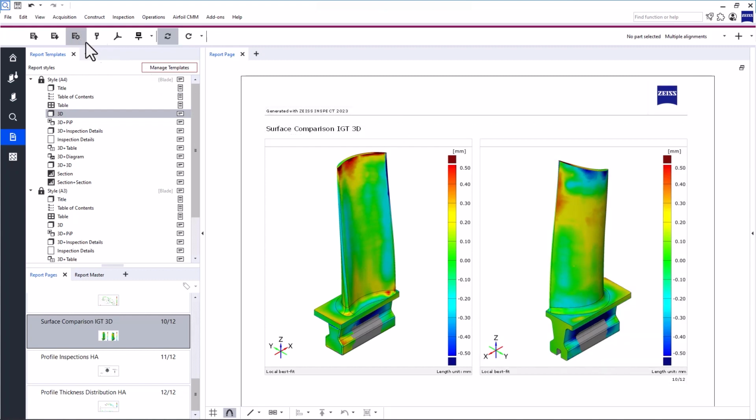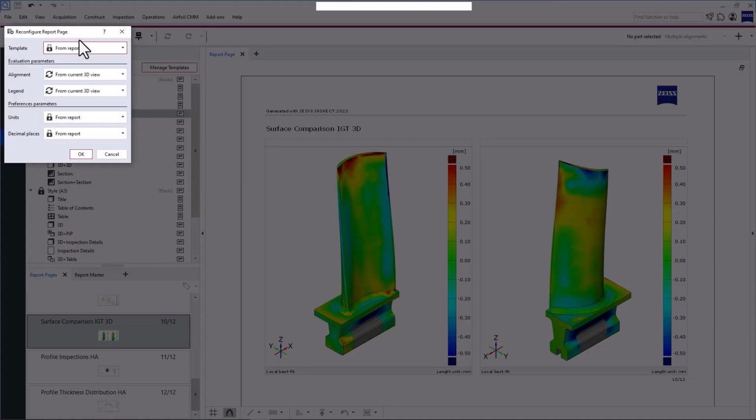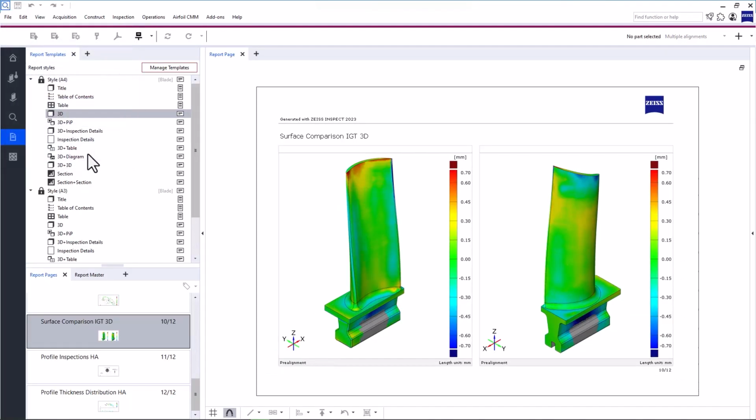To update these parameters to the current pre-alignment and 0.7 mm legend, select from Current 3D View for both the alignment and the legend. This is especially handy if you want to update multiple report pages. You can select them all and use Reconfigure Report Page.